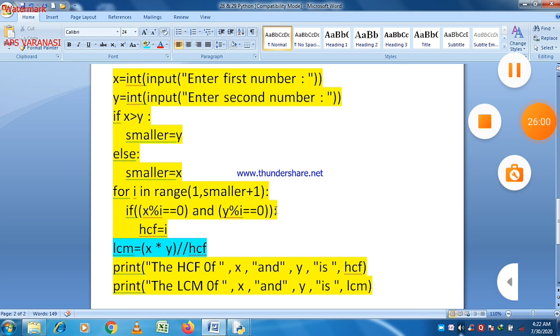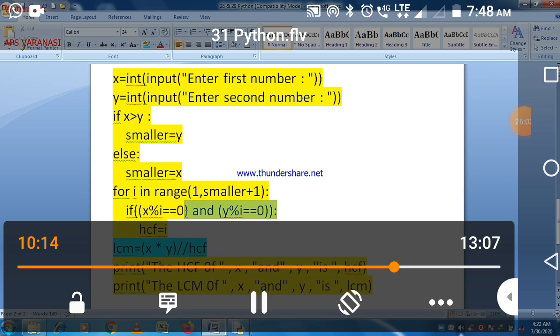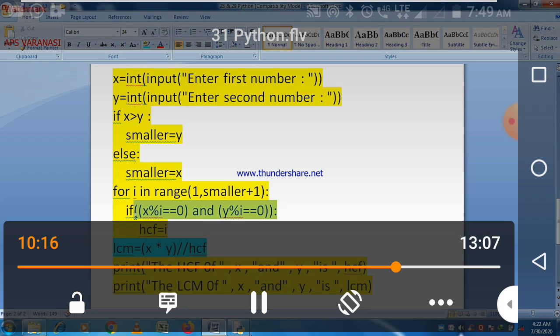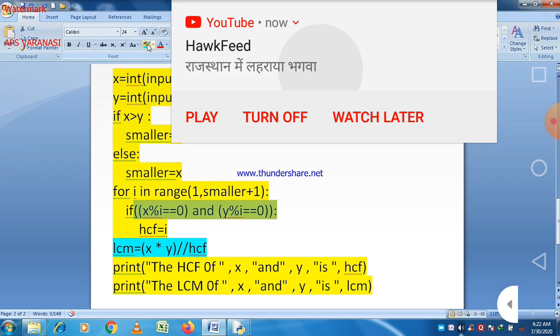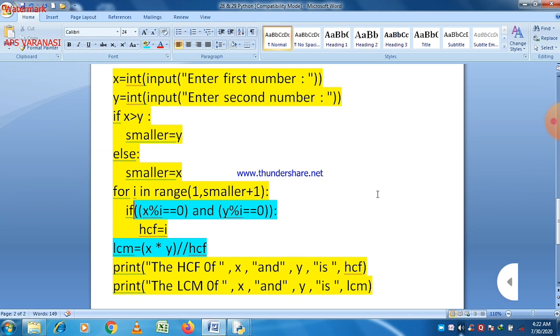You can easily see here that the lines marked with blue color are the main logic behind that program.